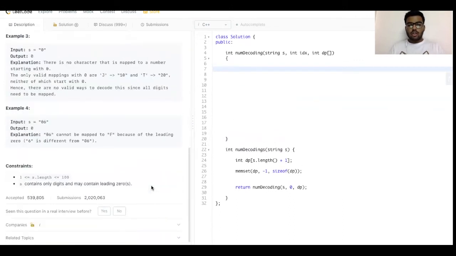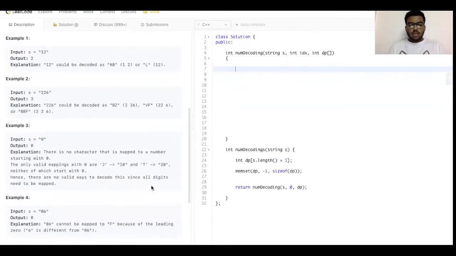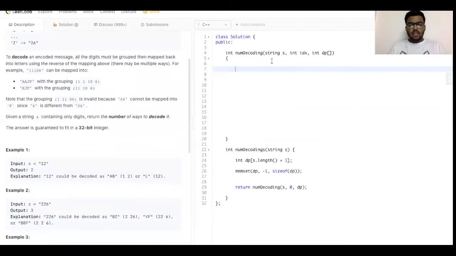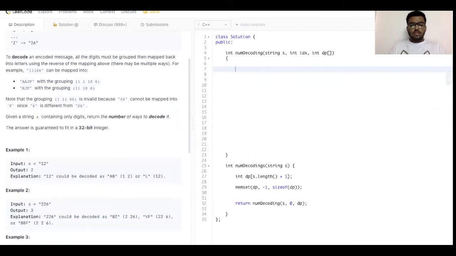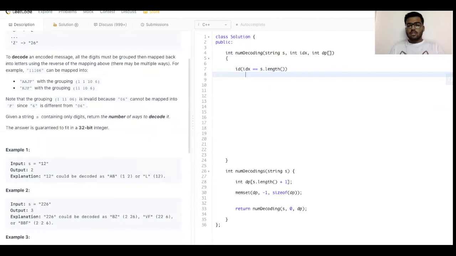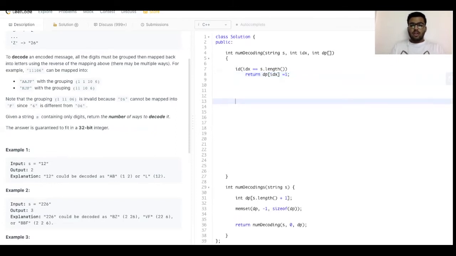The base case would be that if the index has reached the last index, we will return 1.